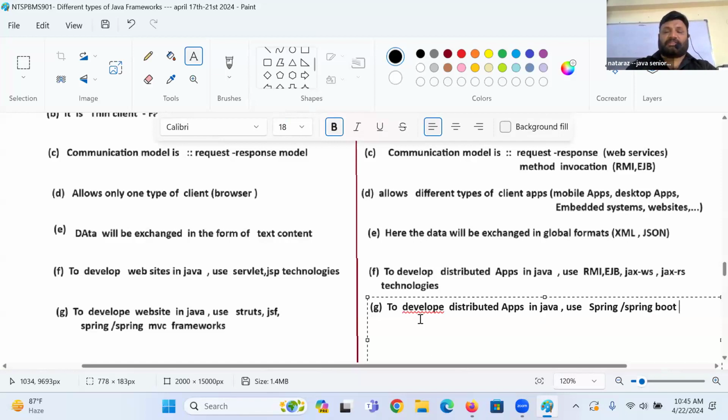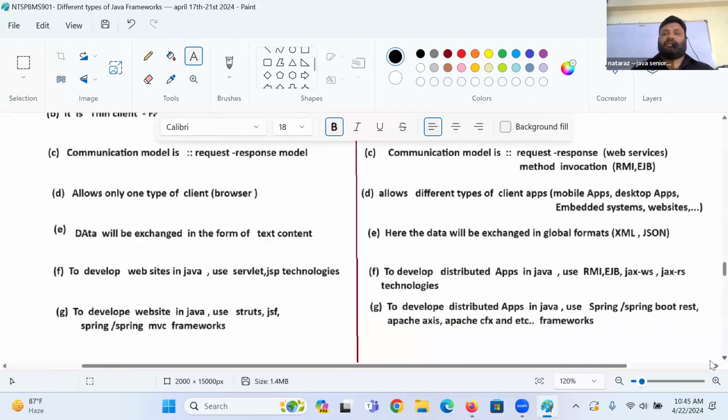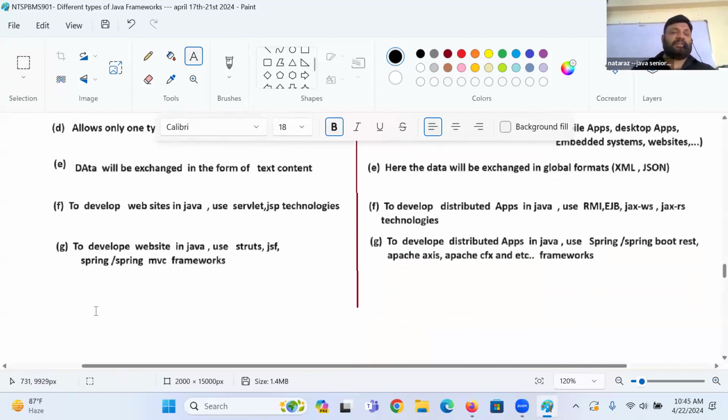Spring Boot, REST. Okay. Next one. Apache Axis, Apache CXF, etc. Frameworks, guys. Etc. framework.